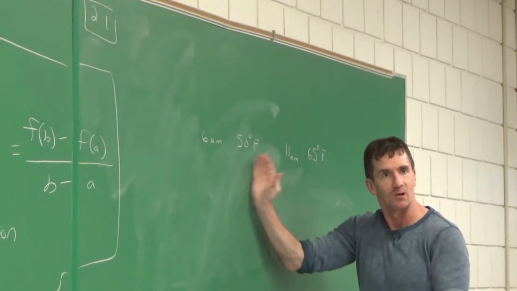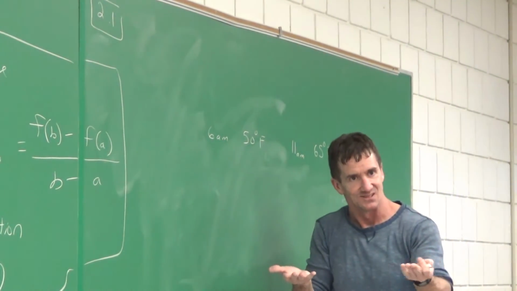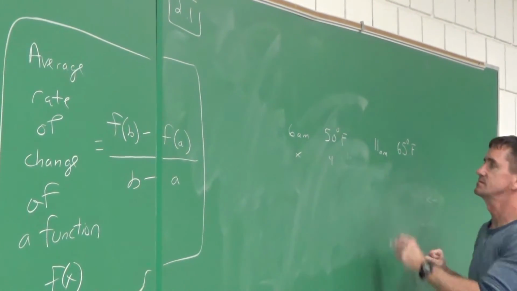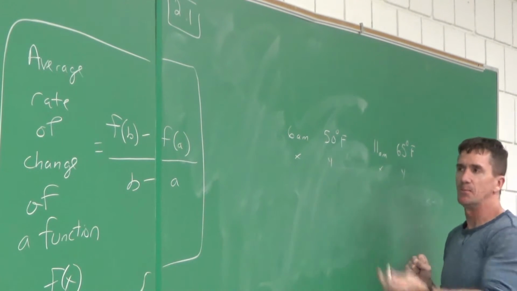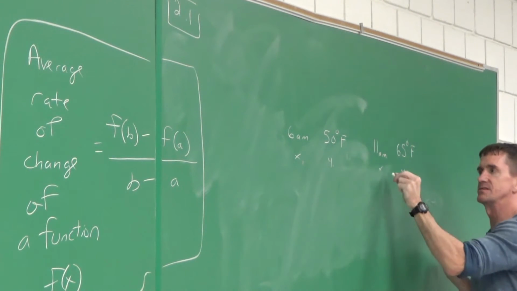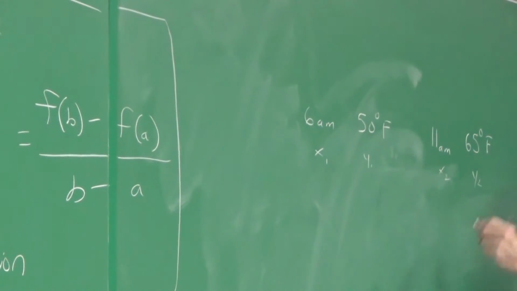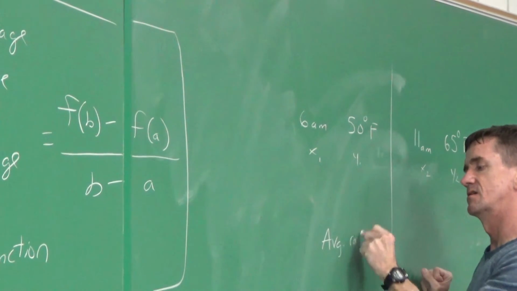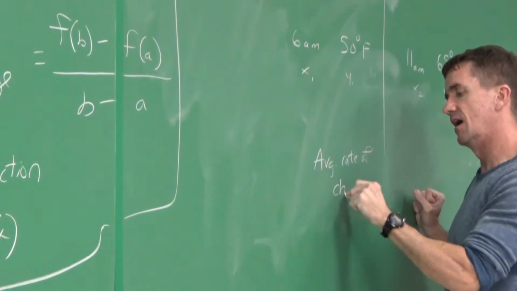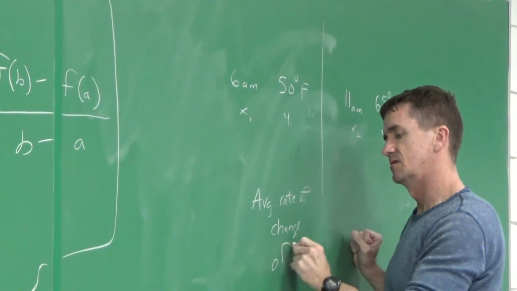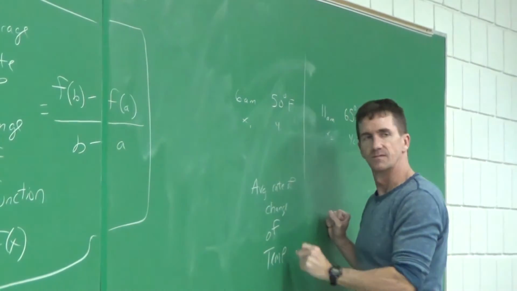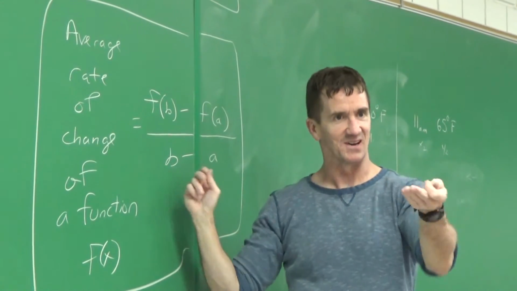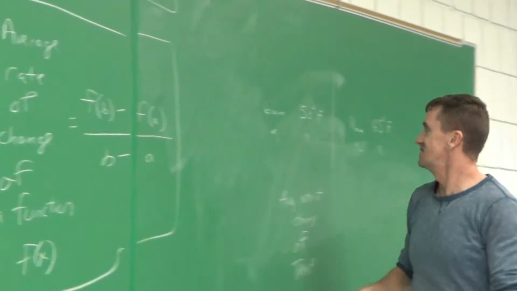I can think of this as an x and a y, and this is an x and a y. It's always good in math to make time x. So here's my x, there's my y. There's my x, there's my y. I'll put subscripts here: x sub 1, y sub 1. This is x sub 2, y sub 2. Can you find the average rate of change of the temperature during that time period? And you're like, yeah, no problem. Y sub 2 minus y sub 1 over x sub 2 minus x sub 1, right? That's all we'll do.